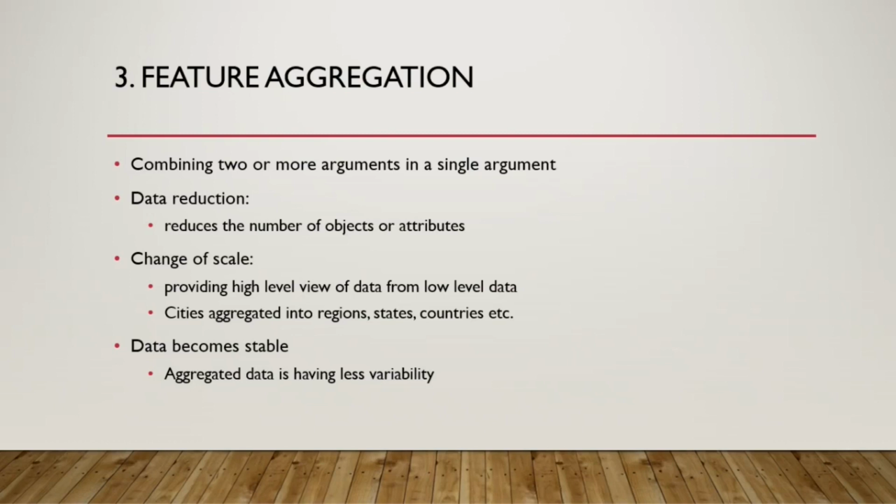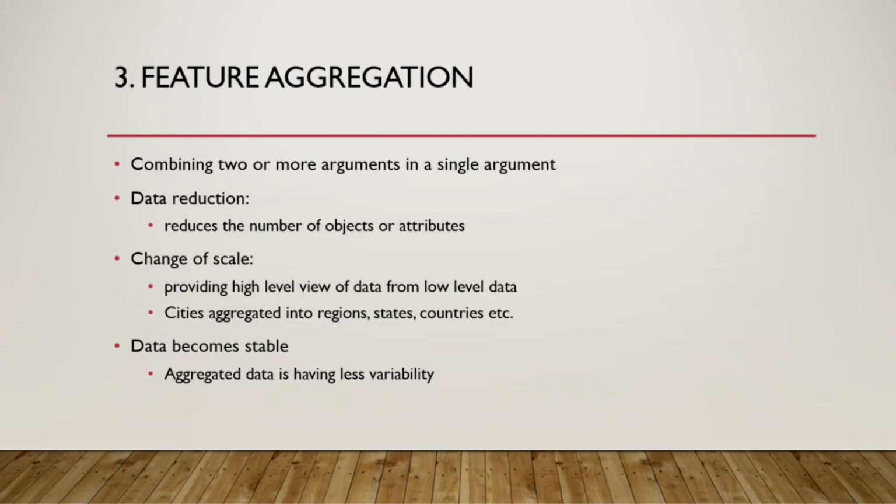Suppose you have some information about the different cities of a state, for a person. Instead of all these cities, maybe I'm not interested in the city at all; maybe my processing is based on only the state or the country. So instead of having the city information for every person, I can just change the scale, scale up the data to the next level. For different cities mentioned, I can just have the state name or the country name.